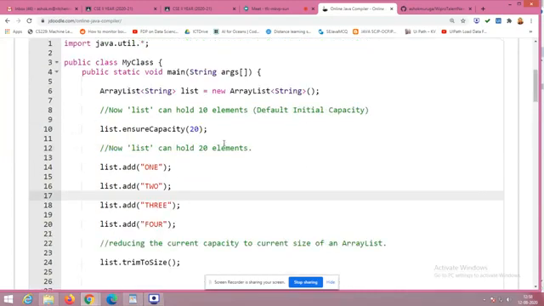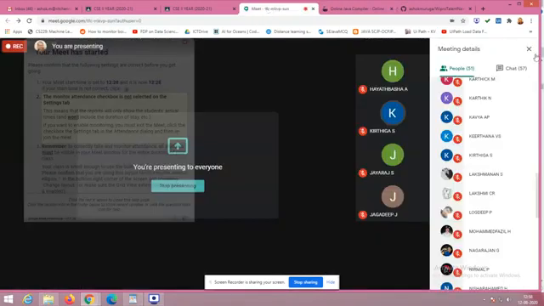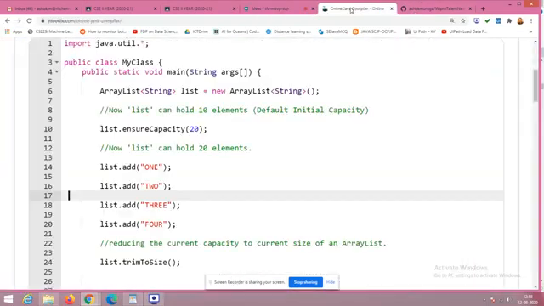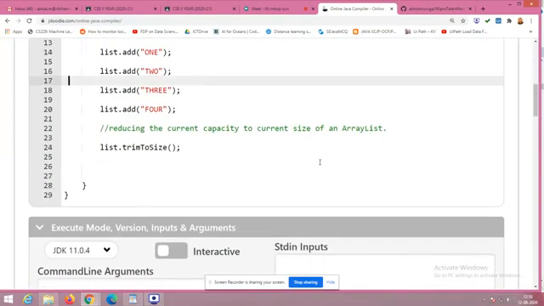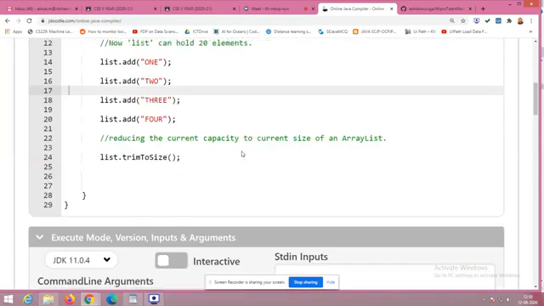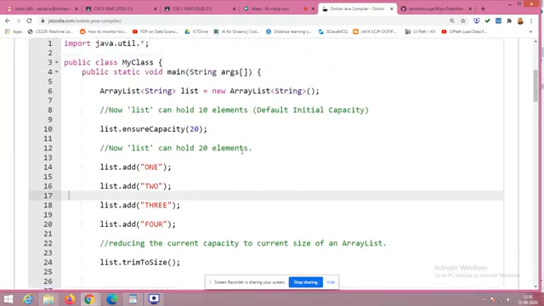What would be the output of this program again? Anyone? Yes, very good, Lakshmi. That would be no output, right? Ultimately, I am not printing anything here. But what is the understanding? Initially, we have 10 as the capacity.